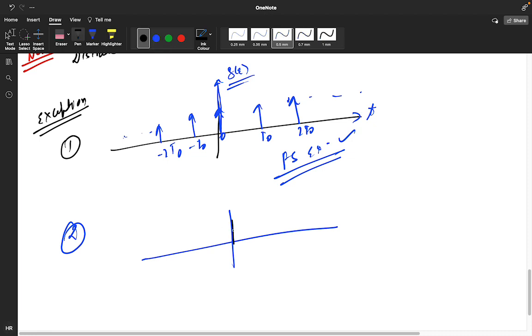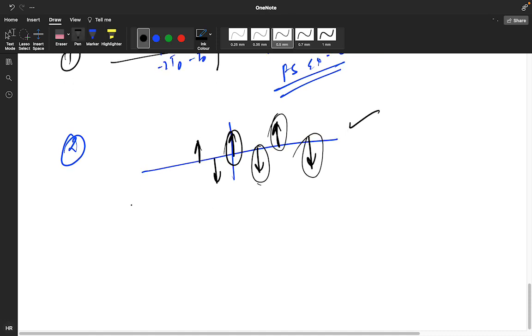if we do upside down, upside down, upside down, see, we are getting an infinite value here, but the Fourier series expansion is possible for this signal. Okay,